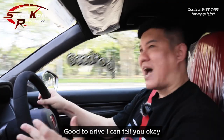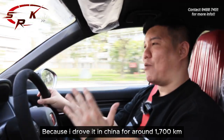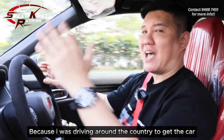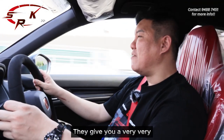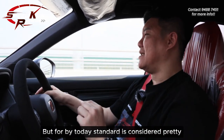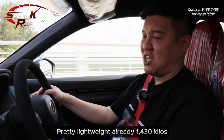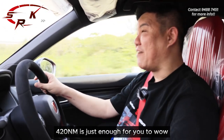So yeah, easy to drive, good to drive, I can tell you. I'm going to tell you based on real experience because I drove it in China for around 1,700 km within like 2 days because I was driving around the country to get the car run in. So these cars are pretty similar. They give you a very, very assured kind of feel when you are driving this car. This car is not heavy, it's not the lightest, but by today's standard, it's considered pretty lightweight already. 1,430 kilos. The 420 Newton meters is just enough for you to...